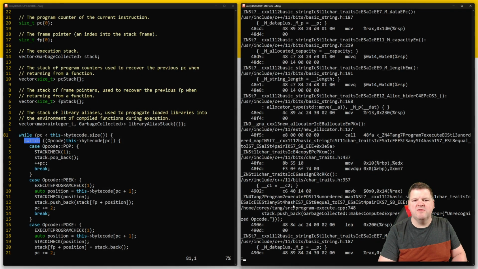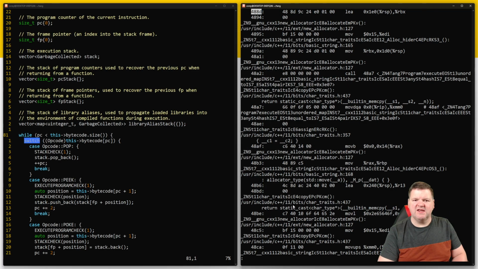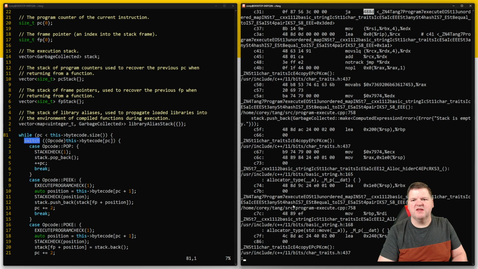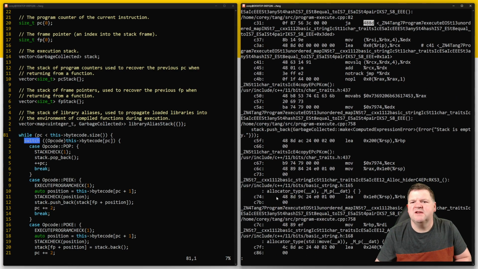Okay. So this is the unrecognized or the default case that will create the unrecognized opcode. What is after that? Then we move a value, load effective address, move, and that's signed, and I don't remember. I think it's moving like a 32-bit to a 64-bit or something like that. Add and no track jump. Okay, why do I care about finding this no track jump? This is using a jump table for all of these, because then I bet if we look through here,